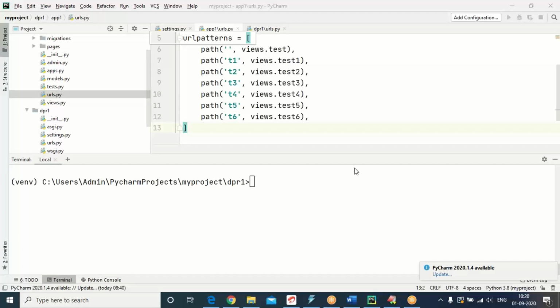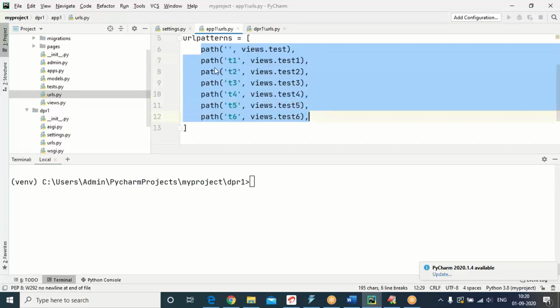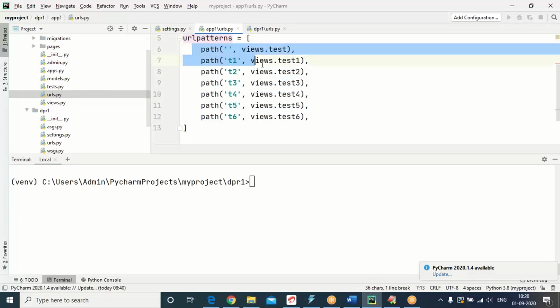In the last session, we have seen very basics of Django. Mainly, we have focused on views and URLs. URLs will be having a path array, URL patterns containing path array, path containing URL and a corresponding function in the view.